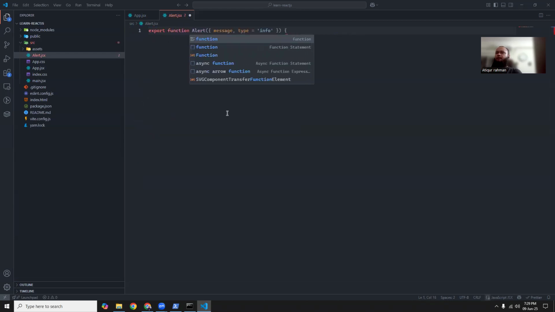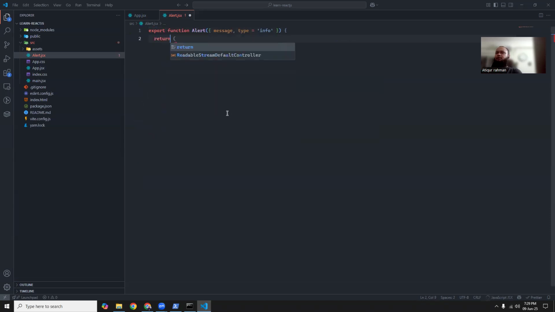So for example, export function Alert, and then we just return